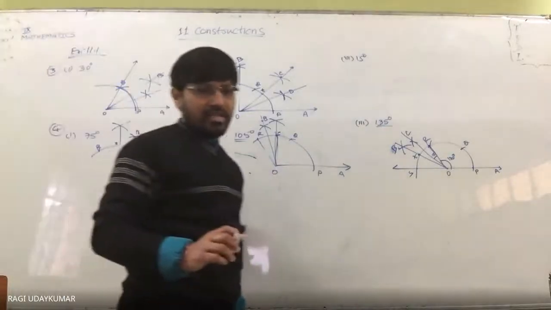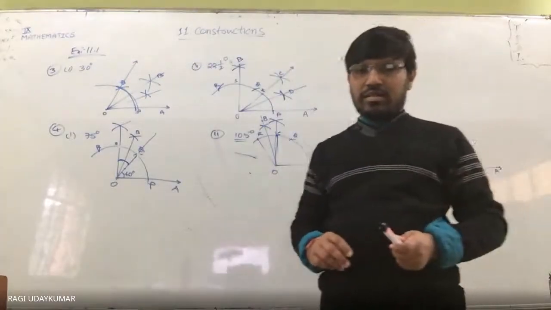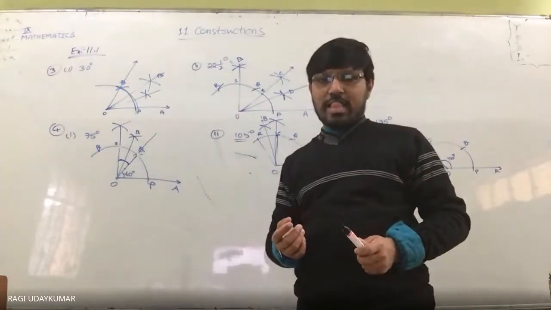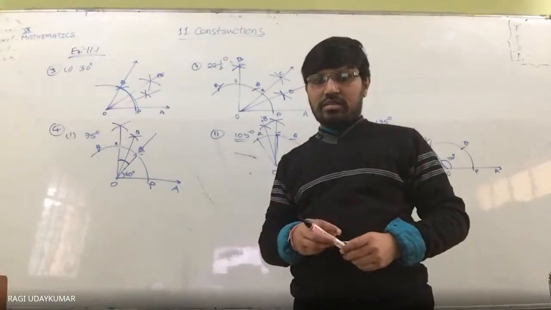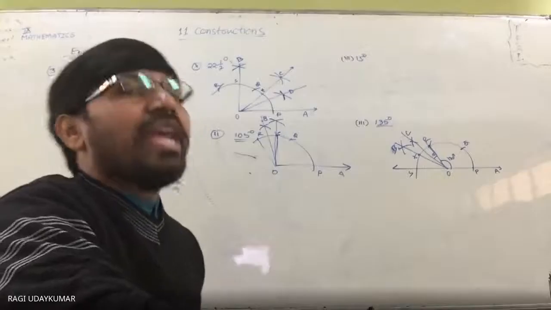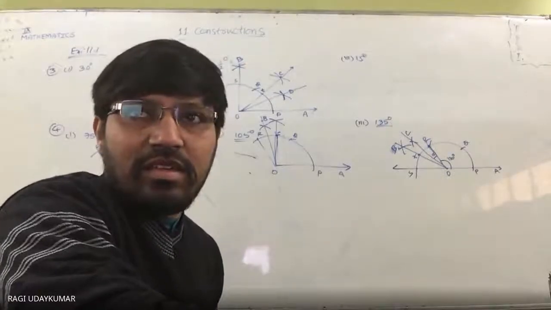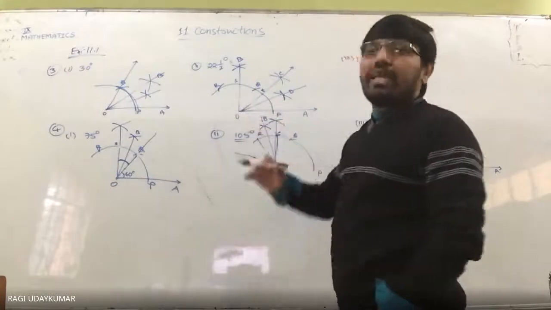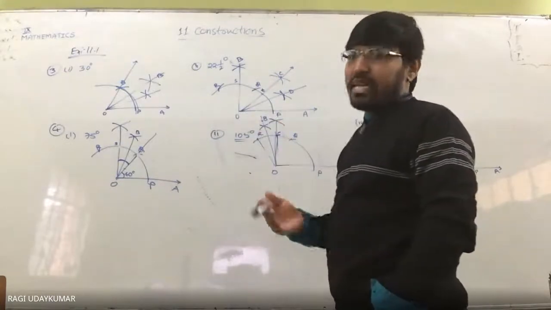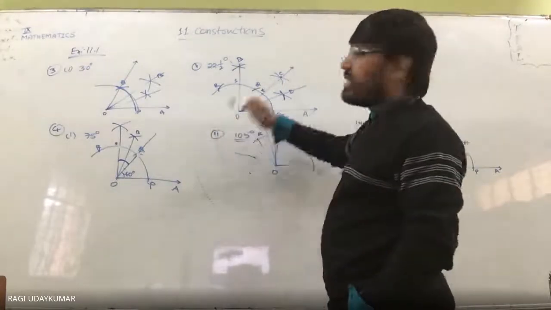The voice is not clear, beta. I'm not understanding what you are asking. If anyone, tell once again. Draw 90 degrees. We can draw 90 degrees in another way also, no? Oh, 90 degrees in another way. Yes, sir. Yes, this 90 degrees to draw, because you got practice of 90 degrees in the first question, that's why I told you to draw the 90 degrees.